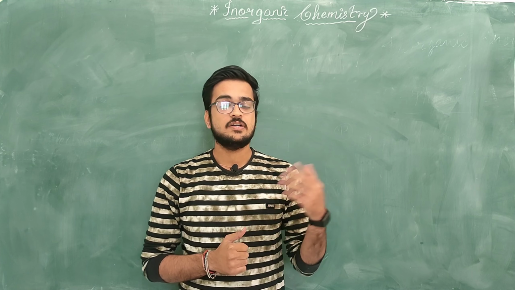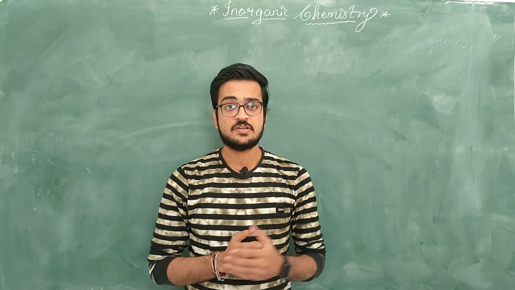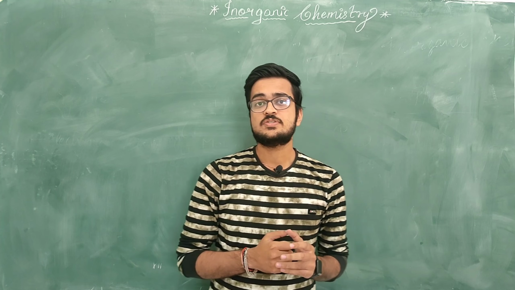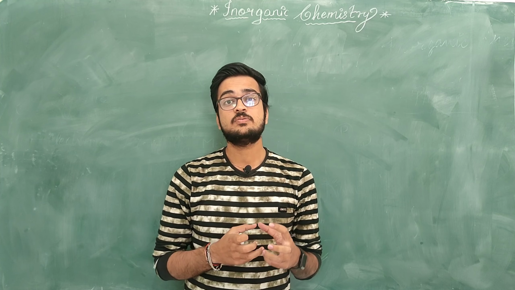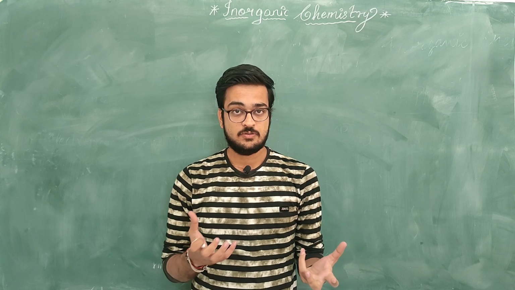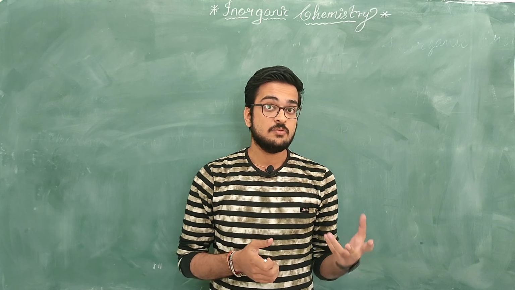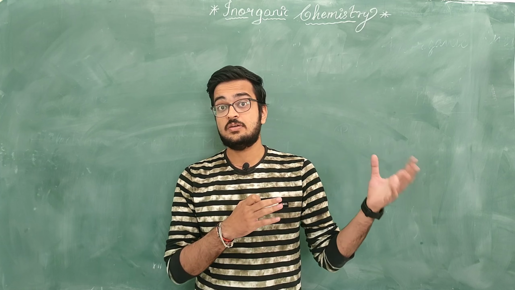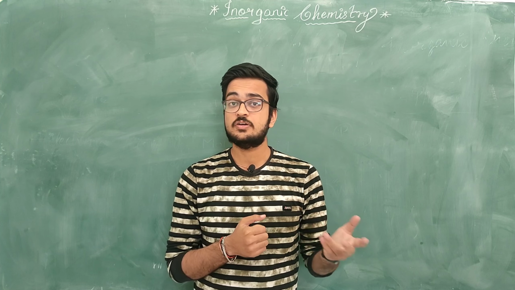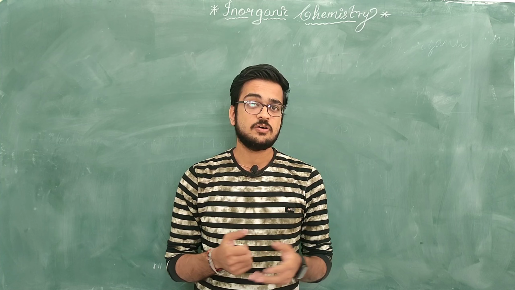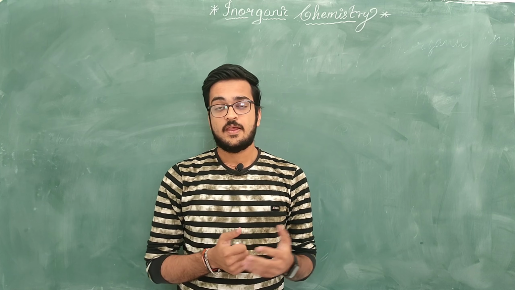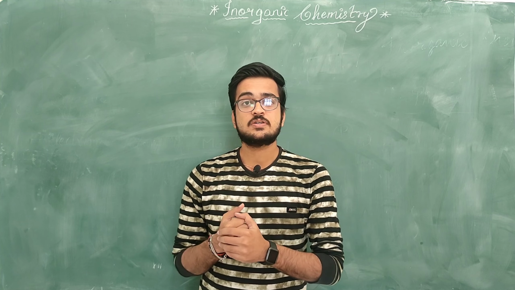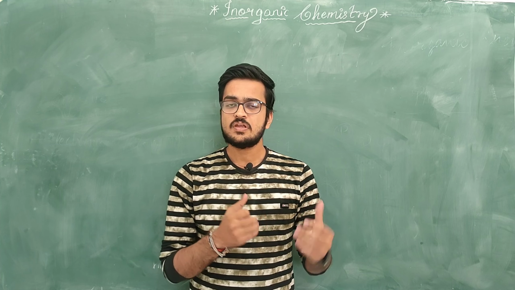Now, as discussed in the earlier lecture, what exactly inorganic chemistry consists of, I'll elaborate a bit in this lecture. In inorganic chemistry we are first going to study how the elements were classified. When the elements were first discovered, not all the elements known right now were known. If I talk about 100 years ago, these many elements were not discovered. Right now there are 120 plus elements, and these many were not discovered in earlier times.